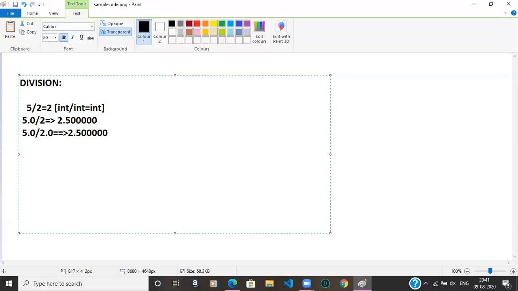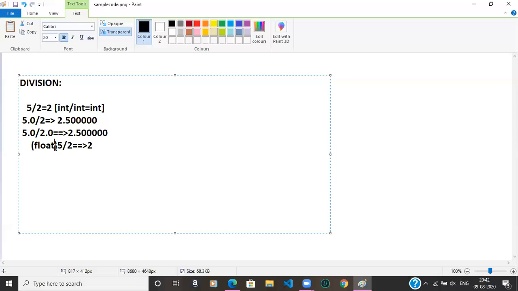Now, if I want to perform an integer operation but I want to get an accurate result, then I need to perform typecasting. For example, 5 by 2. Actually, the result will be 2, but I want to typecast the operation, so I need to write float here.